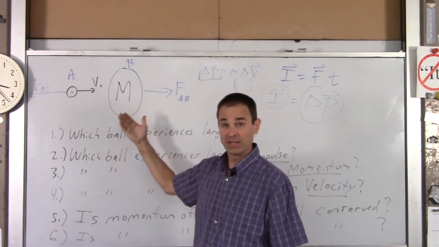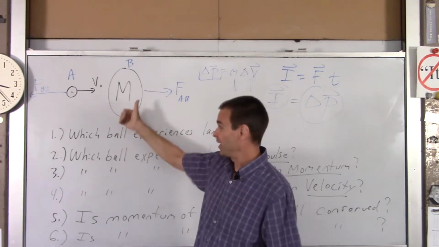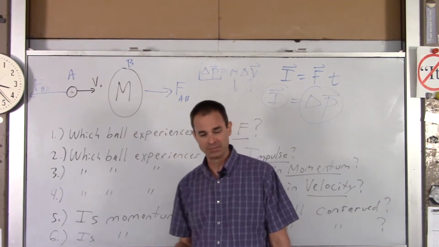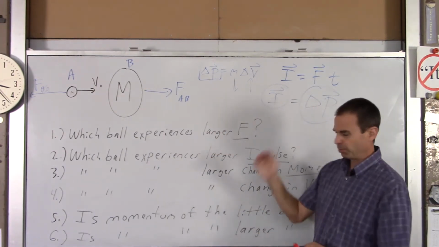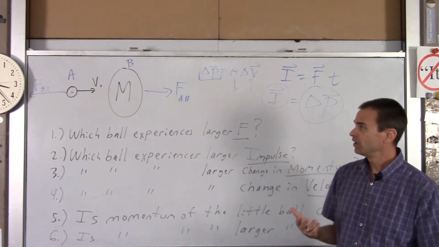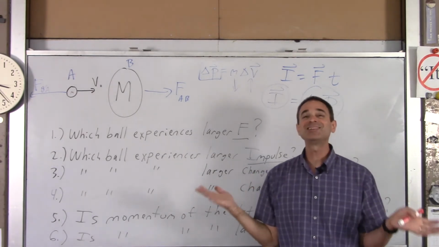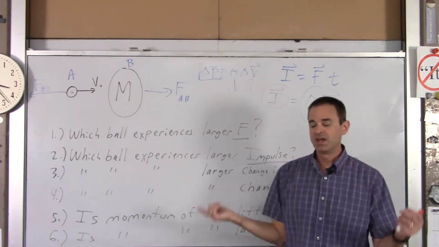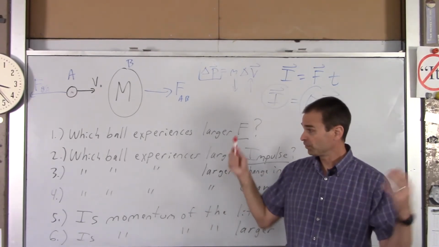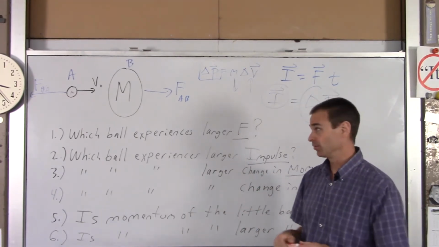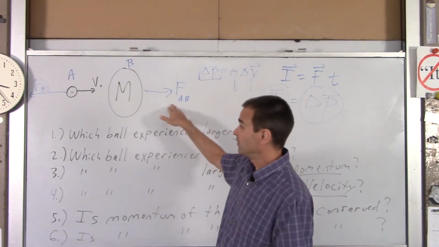Its momentum changed. It didn't have any momentum to start with, and now it's got some momentum to the right. That leads us to question 7. I won't put the board up, but question 7 was, is momentum of the system conserved? The two-ball system, well, the momentum of the two balls combined is conserved because the net force on the system